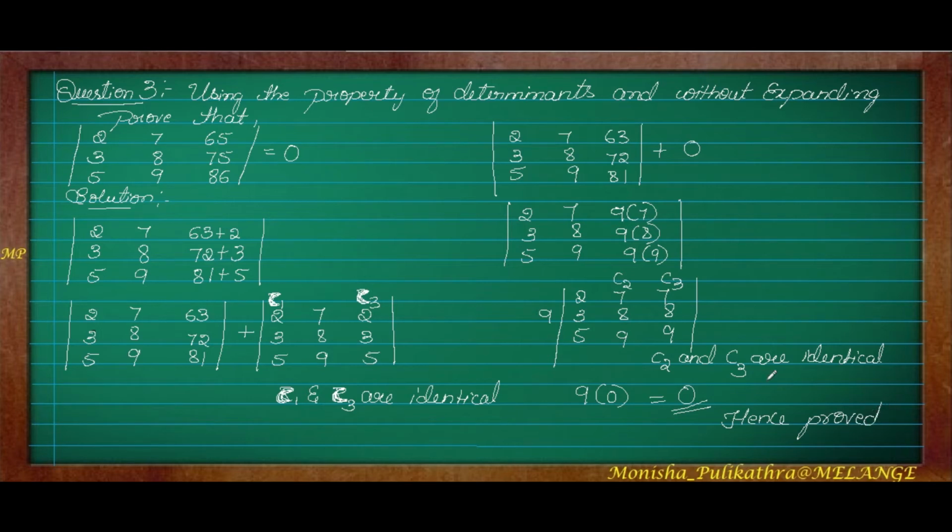So I hope you understood this. This is the method of doing the problem. Since you have to prove it as 0, you can bring any changes in it. Here the third column has been separated, and after that you split it into two different determinants. One determinant you prove as 0, and you bring some more changes in the other and prove that the whole determinant is also equal to 0. I hope you understood.